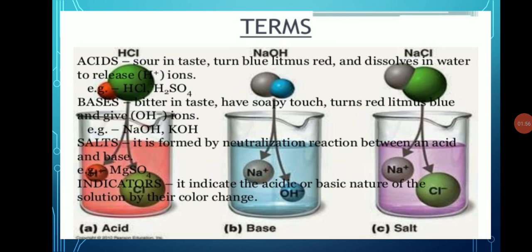Now, acids and bases can be identified not only through their taste but also with the help of a substance called an indicator. An indicator is a substance which shows different colors in an acidic and a basic medium. The color of the indicator can thus help in identifying acids and bases. There is a paper known as litmus paper, which is used as an indicator to identify acids and bases.